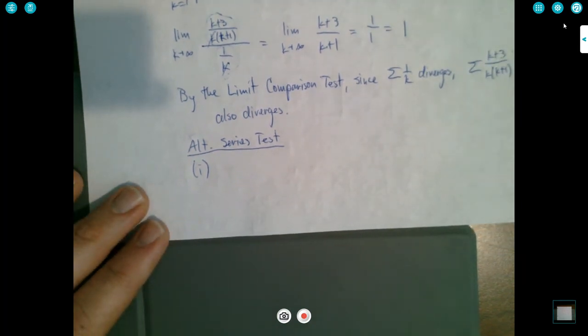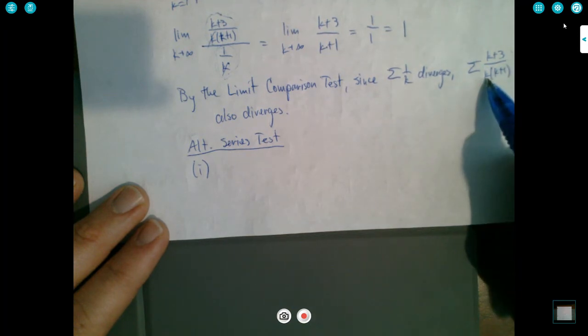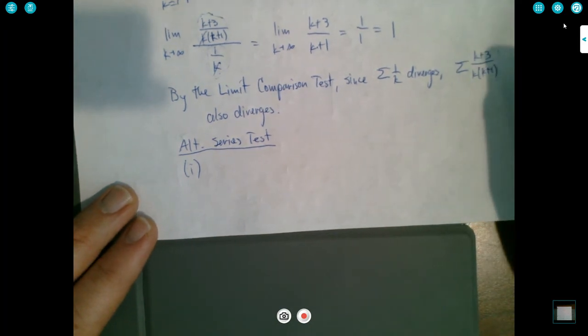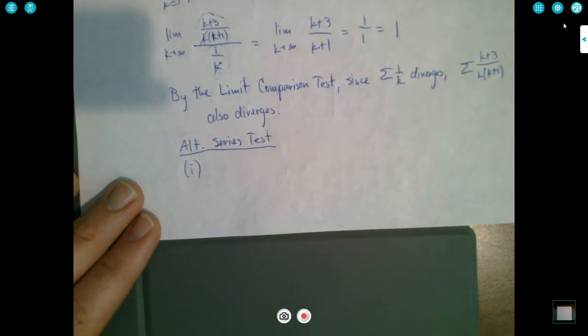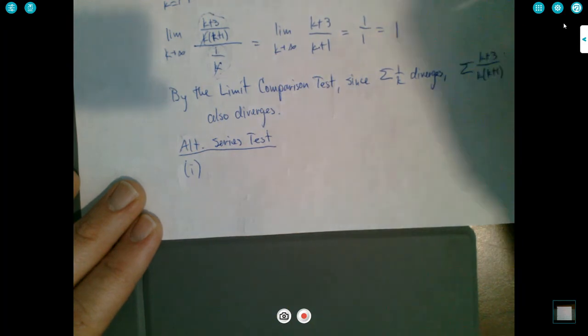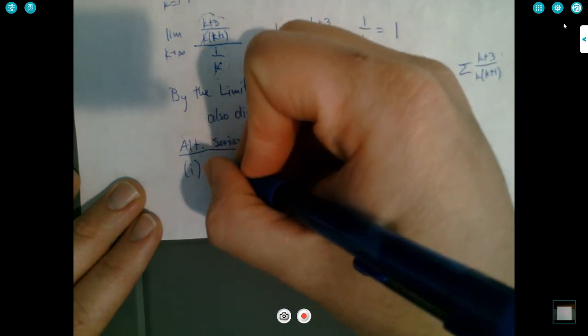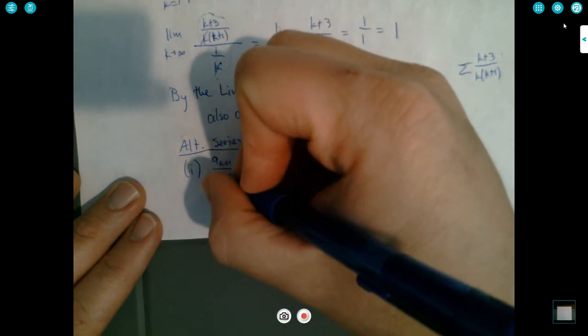So let's look at a ratio of consecutive terms. Because I'll get a k plus 1 there that I can cancel with that one. I don't know, I think it'll work out. Maybe, maybe not. So I'm going to say a sub k plus 1 divided by a sub k